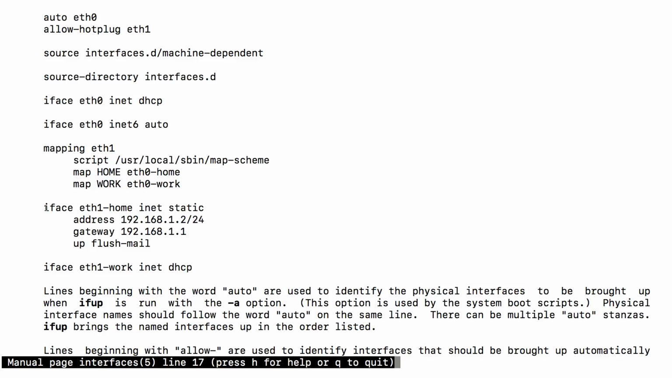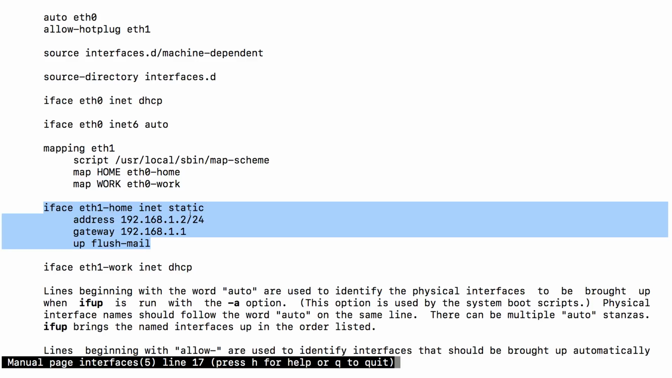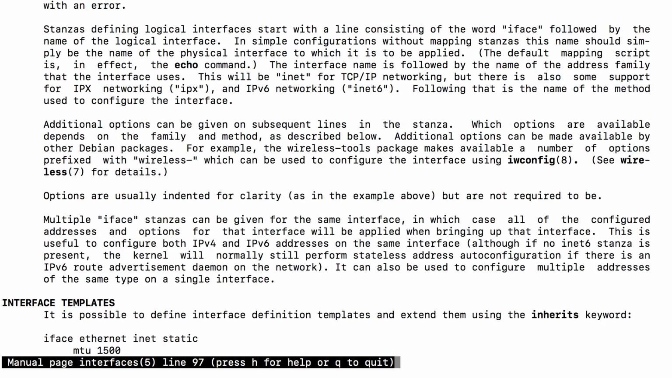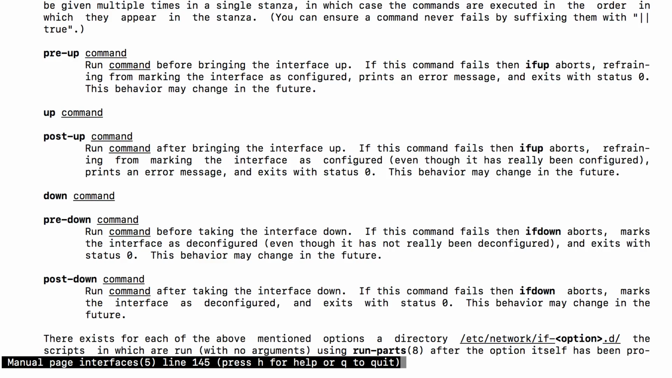So here's a quick example of what we can do. We just change that DHCP to static. We say address, our address, subnet mask, gateway, and that's all we have to do. Pretty simple. Let's go down here a little bit further, and we're going to look at a couple other things